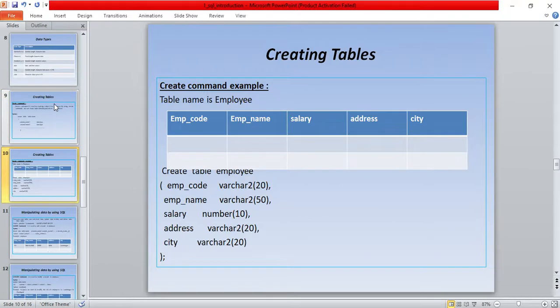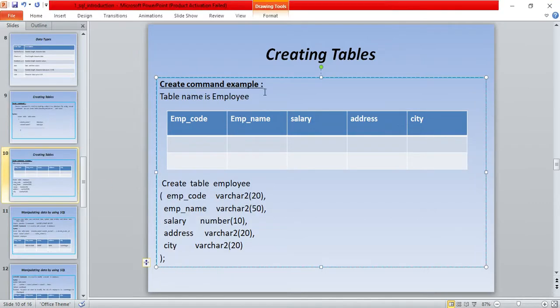Create command example. The table name is employee. Suppose this is a table which I want to create in SQL. Here I am using create table, table name employee, emp code. Emp code is a column name, and varchar2(20) is the data type.